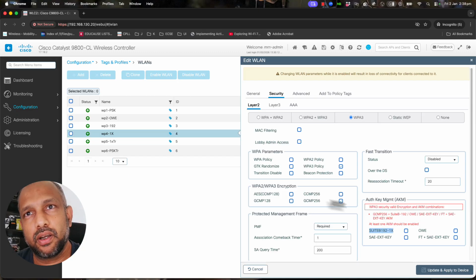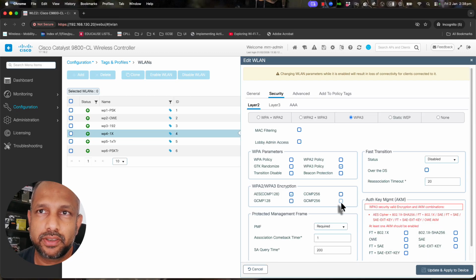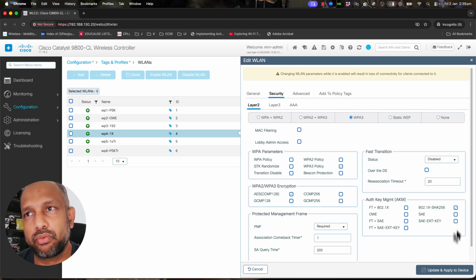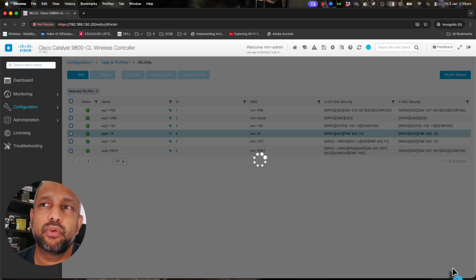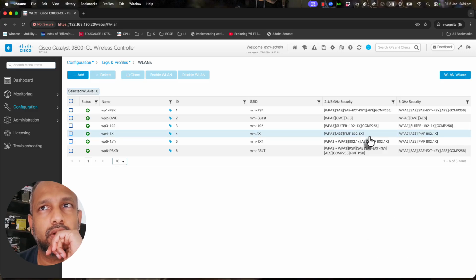In that way, for us to get WPA3 Enterprise, we have to disable GCMP 256 so we can enable AKM value 5. That's what we did for this SSID. Now in this particular setup, if you want to enable fast transition,